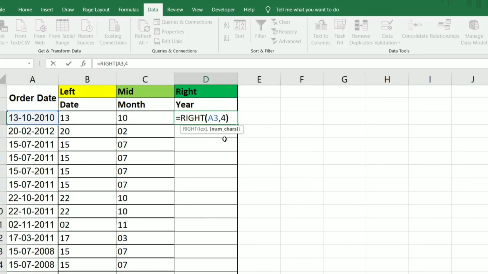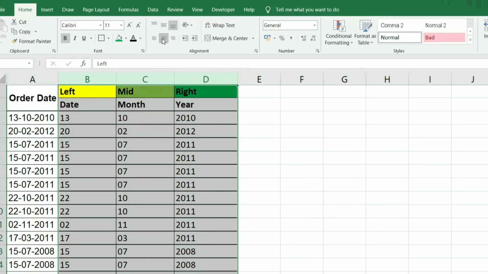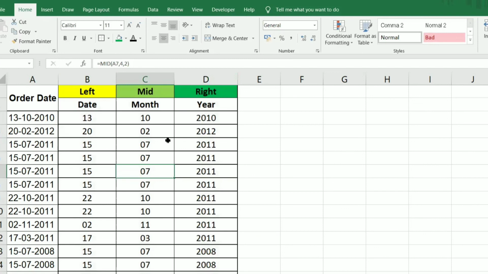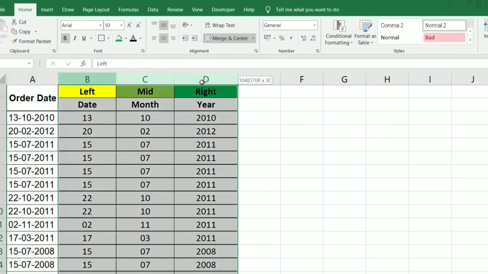Right? Yes, we are getting it. Now these three formulas will fulfill our requirement, correct? Yes, this is the way to extract the data from the source column into the other three columns.